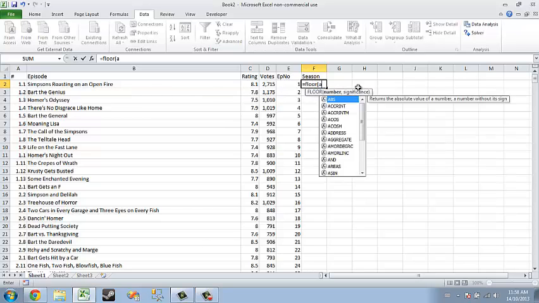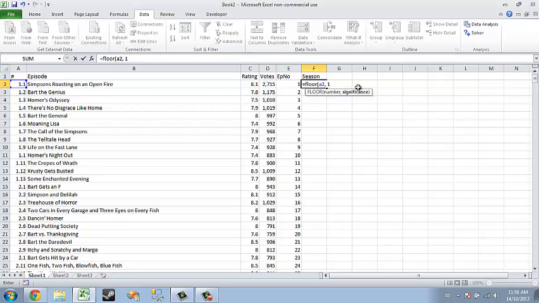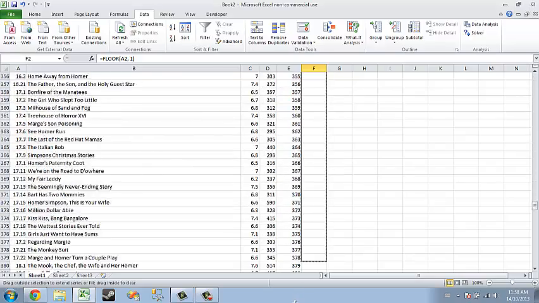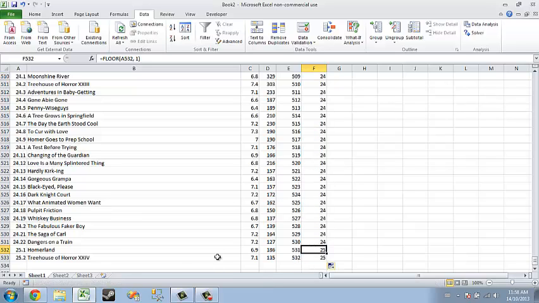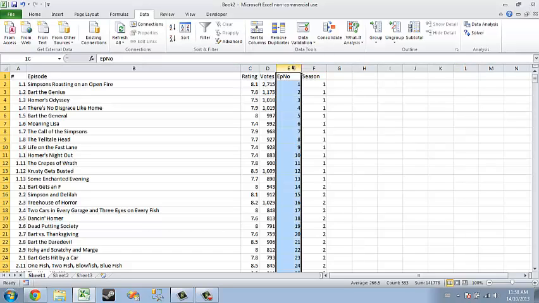So I'm going to look at A2, and I want to the nearest 1, and we have season 1. And you'll see as I drag this down, as we're using a relative reference at 532, it points to A532 and does the same. So now we have all the episode numbers, we have all of the season numbers, and one last thing I'm